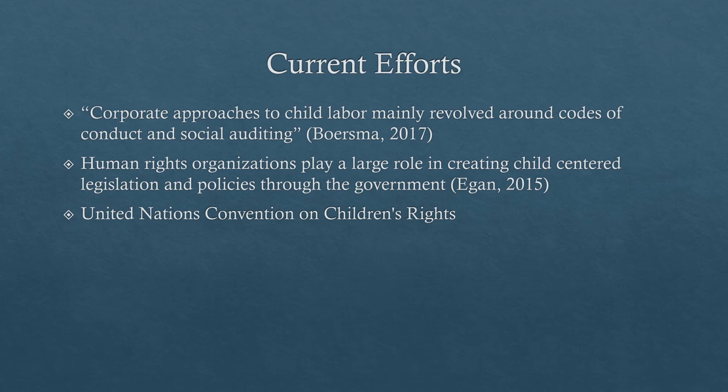Currently, the efforts to stop the use of child labor have revolved around shunning companies that are known for using it. It is expected that for companies to prosper in the modern era, they must adhere to a certain social code in the production of their products, and this includes treating their employees humanely and refraining from the use of child labor. Human rights organizations have tried to help create policies to reduce the amount of child laborers around the globe. The United Nations Convention on the Rights of the Child contains policies concerning child labor. However, the United States has yet to ratify it.